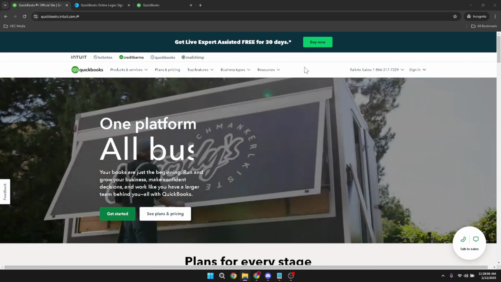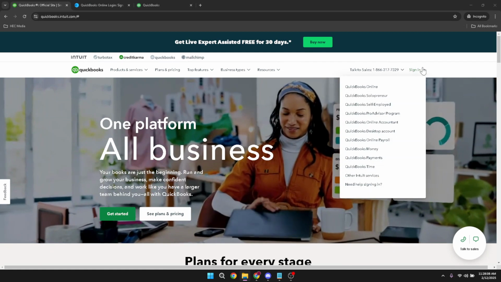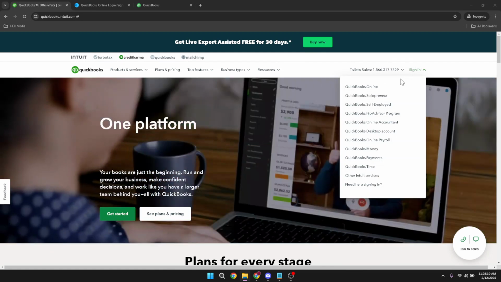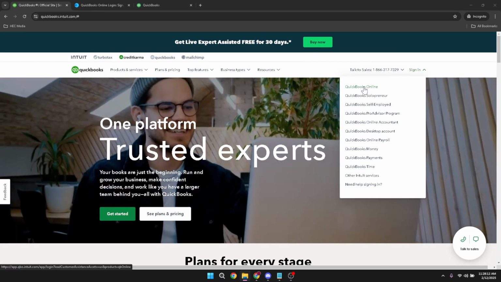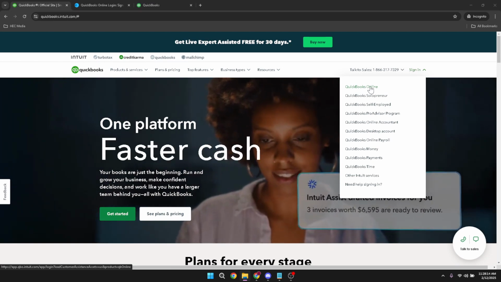First, you'll need to begin by signing into your QuickBooks account. Make sure you have your credentials handy. Once you've accessed the sign-in page, simply click on Sign In, and then choose QuickBooks Online from the available options. If you don't see it right away, ensure that you're on the correct QuickBooks page and not on other Intuit